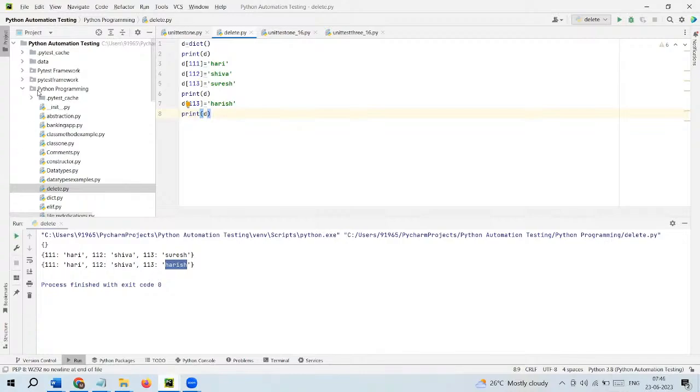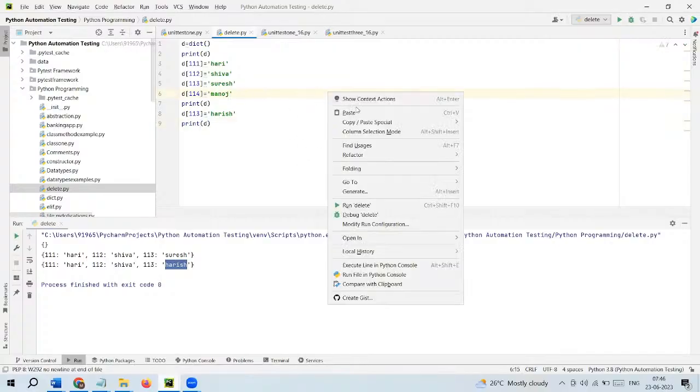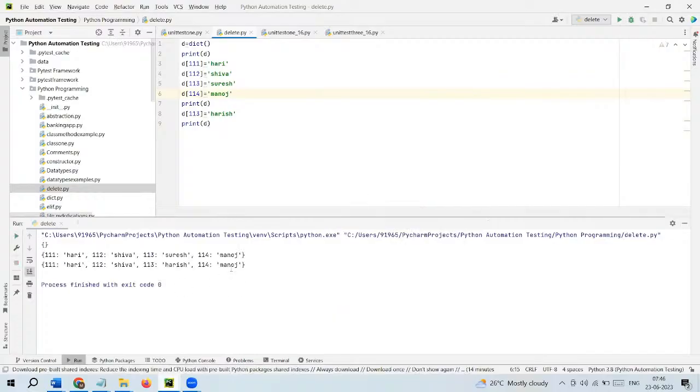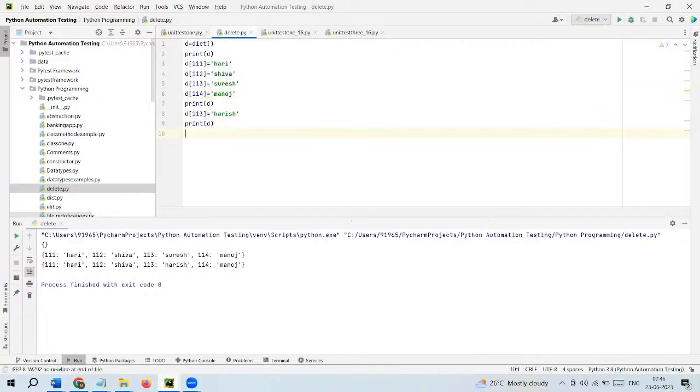And the next thing is I want to delete the key. I want to delete one pair of key and value. D of 114, here I'm giving another name, some name. So now we can observe it. See, it's got 4. And 113 we updated, right? Suresh to Harish, it was updated. So now I want to delete